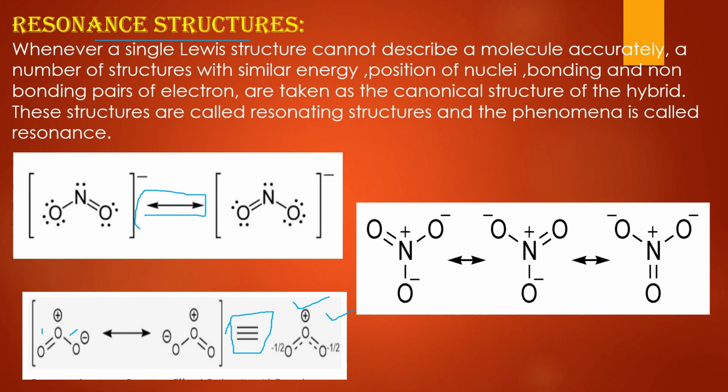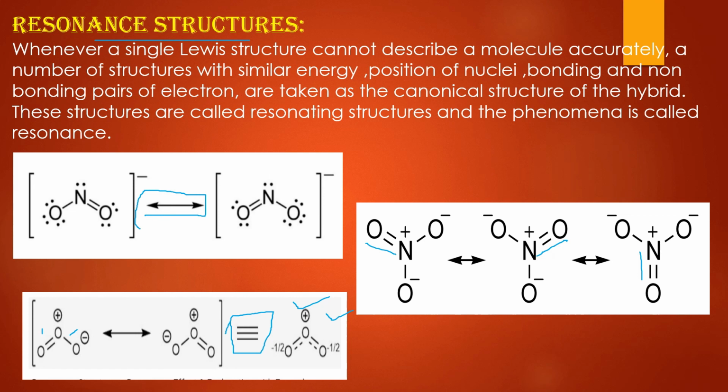Similarly, this is the structure of NO2 minus. Again two resonating structures are there, and in the resonance hybrid again there is double bond character in the two bonds. And this is the structure of NO3 minus. In one structure the double bond is between these two, in another the double bond is between these two, and in the third one the double bond is between these two, right? So these are the resonating structures of some compounds. So what is resonance? Resonance is the phenomenon by which a molecule exists in more than one structure.